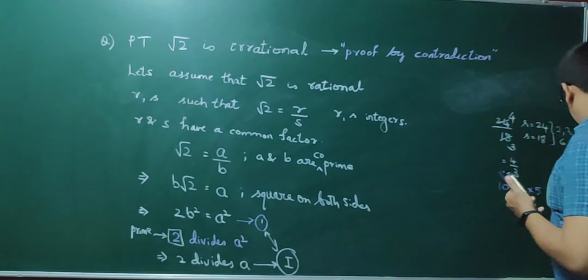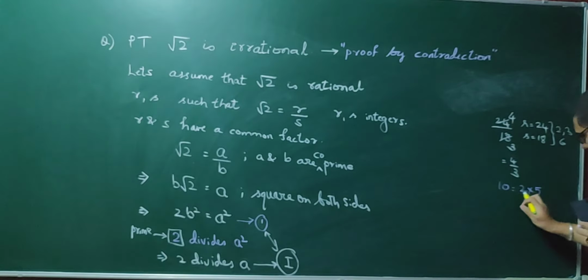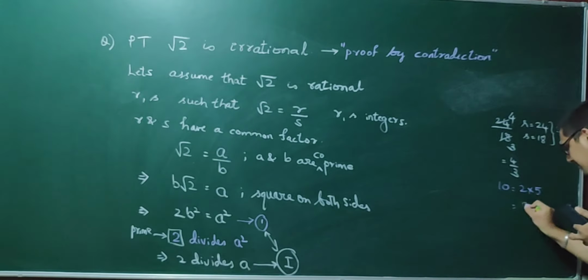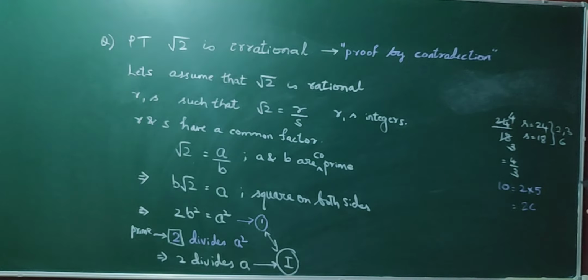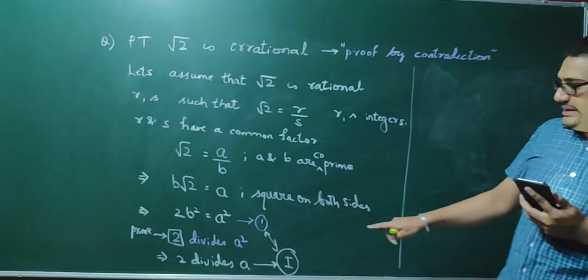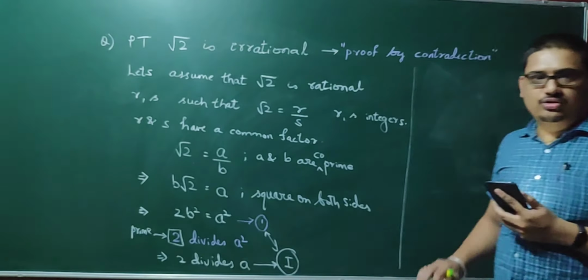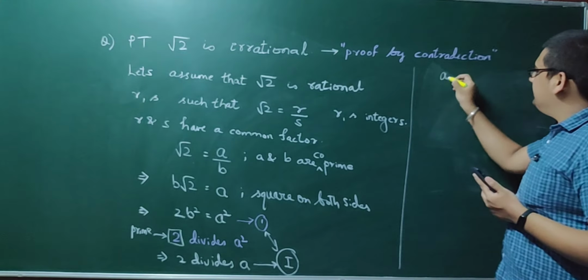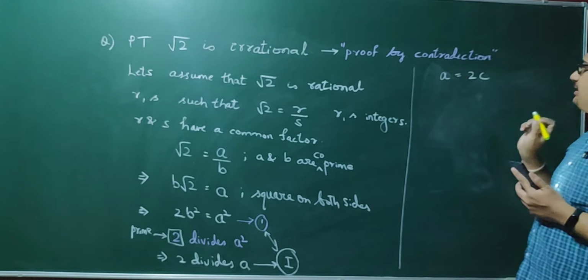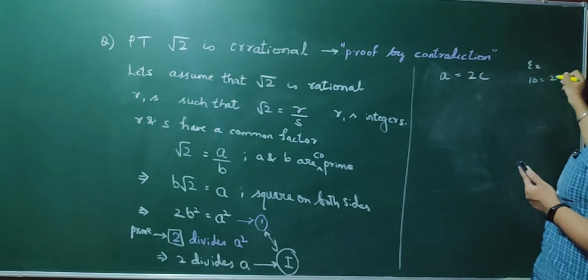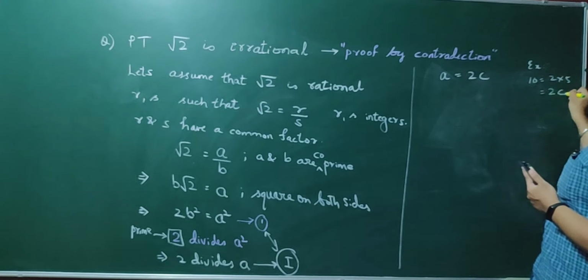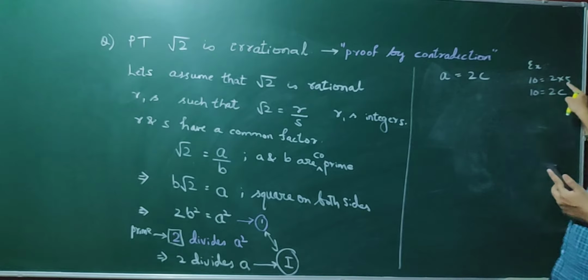If 2 divides A, how can we change the expression? Now you observe here. 10 is equal to 2 into 5. I can simply represent it as 2C, where C is a constant. So it is simply a modification in the mathematical representation. That means I have understood that 2 divides A. So, how can I express it? I can say that A is equal to 2C. Correct? That is like taking the example, 10 is equal to 2 into 5. I can say 10 is equal to 2C, where in this case, C has become 5.